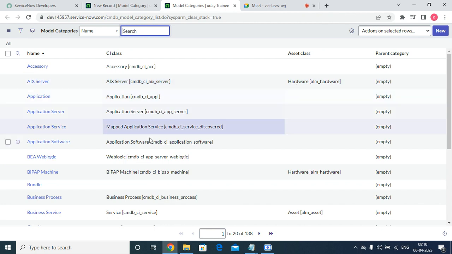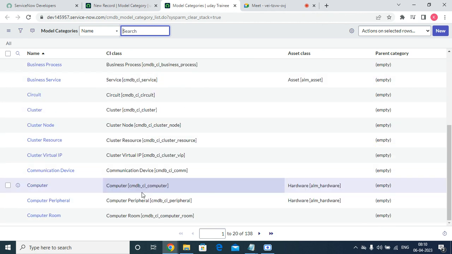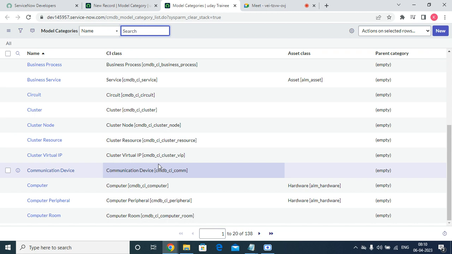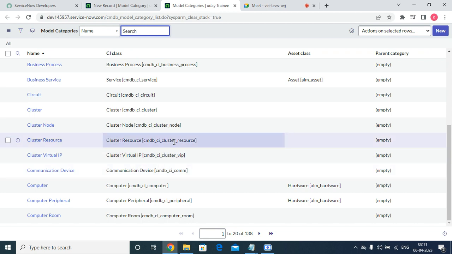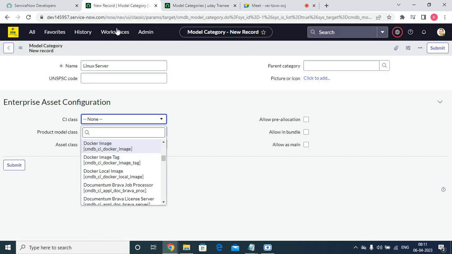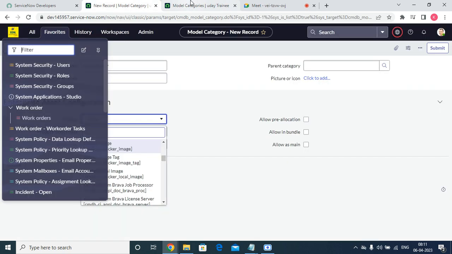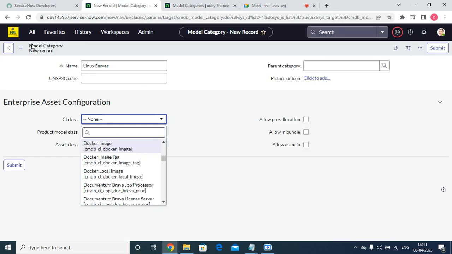So this is the CA class. What are the CA classes? We want to add the same thing. If you want, we can create a new CA class also. We can add it. So for the new CA class, what we can add is